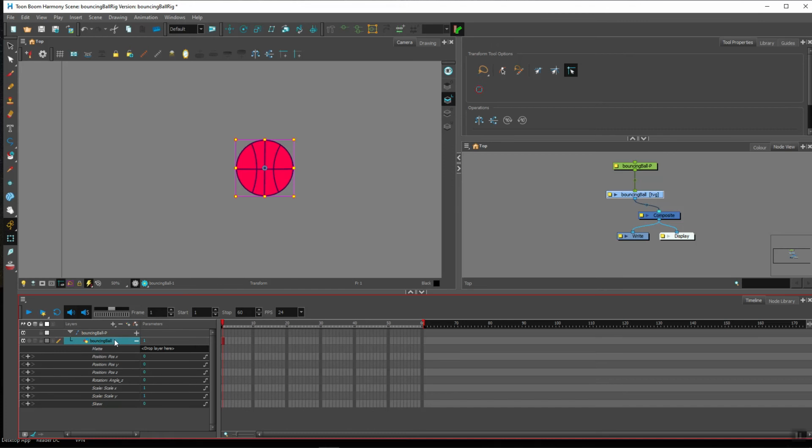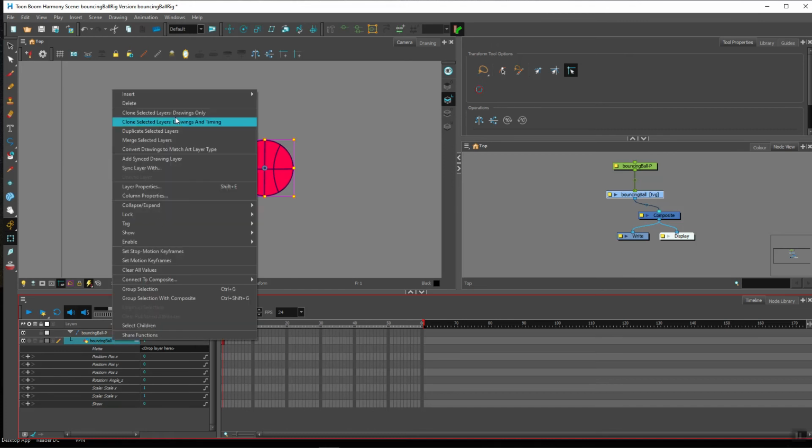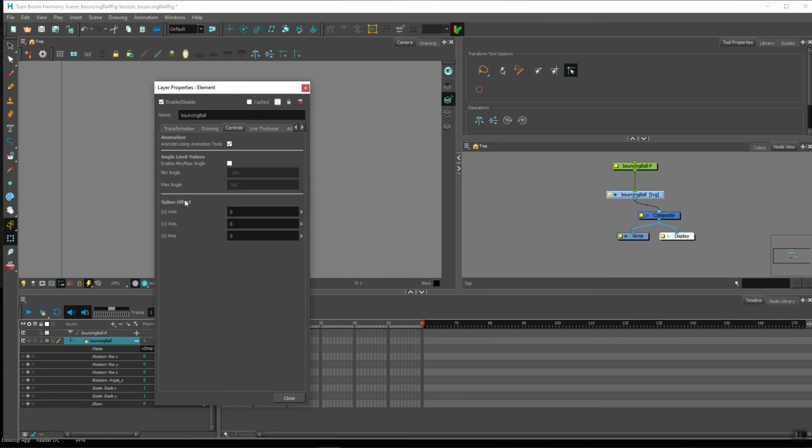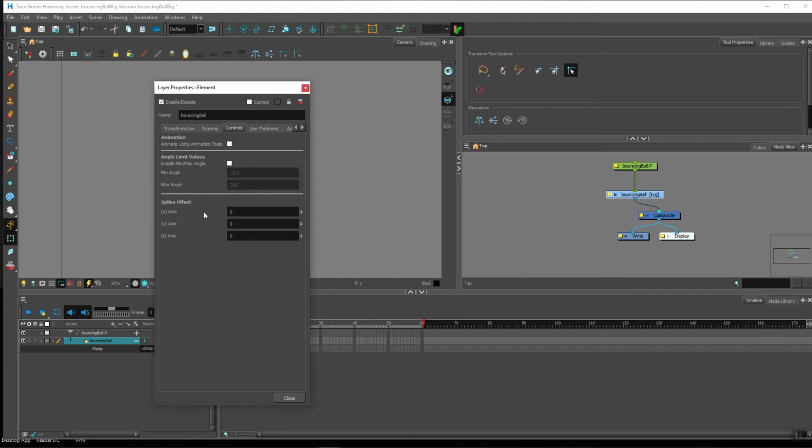So basically in the layer properties, I can right click here and go layer properties, or I can click this yellow box here and that brings up the layer properties. You can see here under controls, animate using animation tools is checked, right? So every time that is checked, we're going to have access to all these attributes. If it's not checked, then we don't. See? Okay,